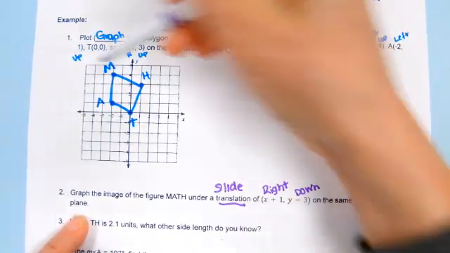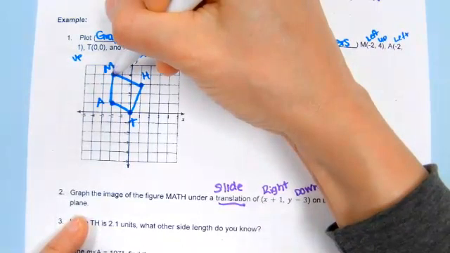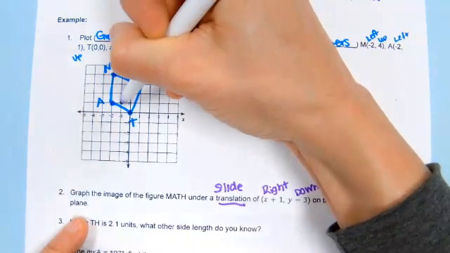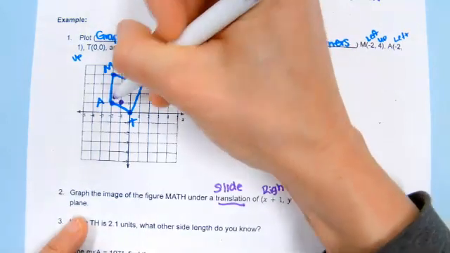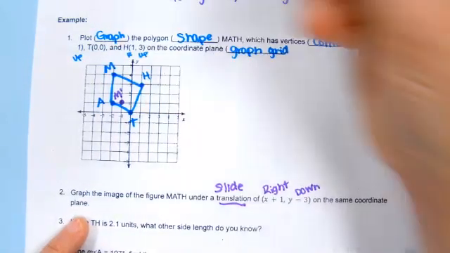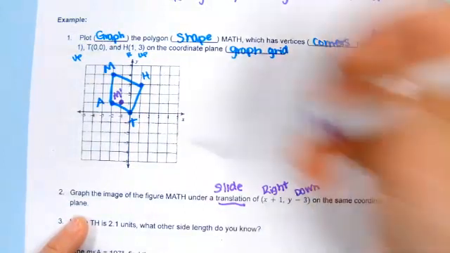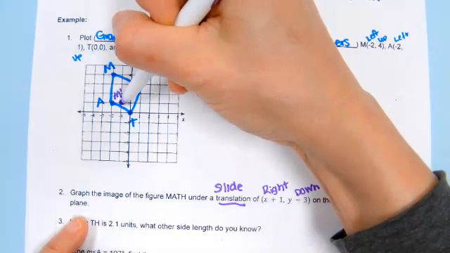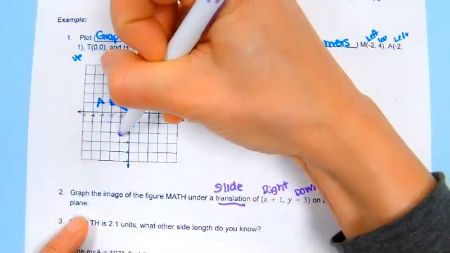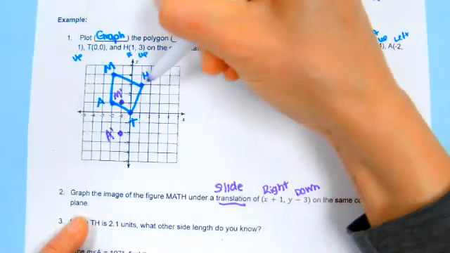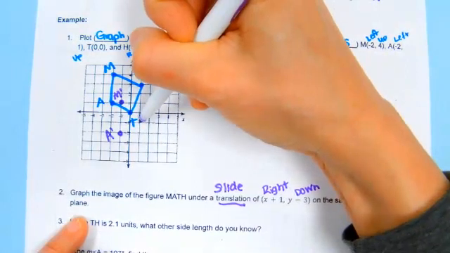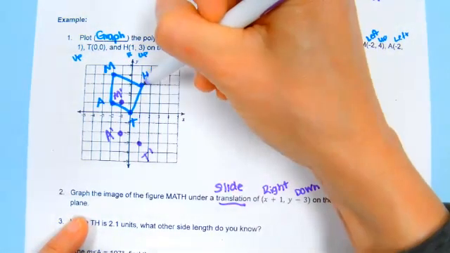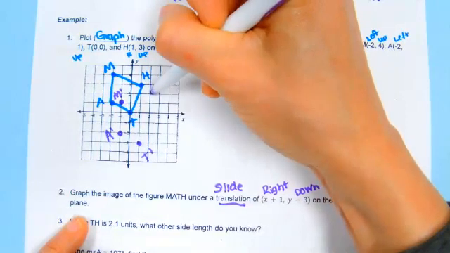So let's start with M. I'm going to count here, okay? Go right 1 and then 1, 2, 3 down, and it's on the other one. That's okay. It's going to overlap. Label it M prime. Then we'll do A. Go right 1, boop, and down 3. 1, 2, 3. Here's A prime. T, right 1, down 1, 2, 3, T prime, and then finally H prime, right 1, down 1, 2, 3,